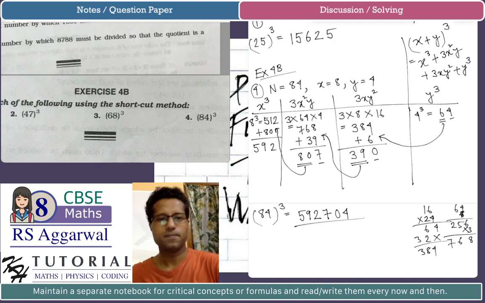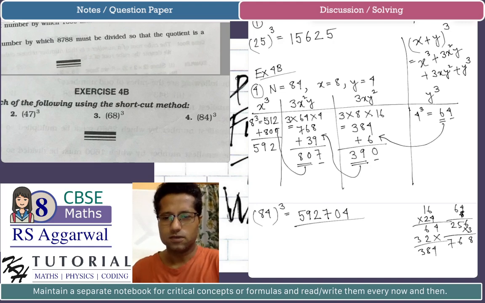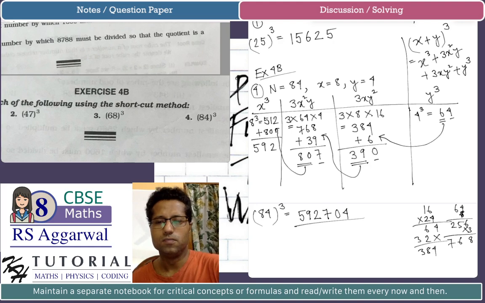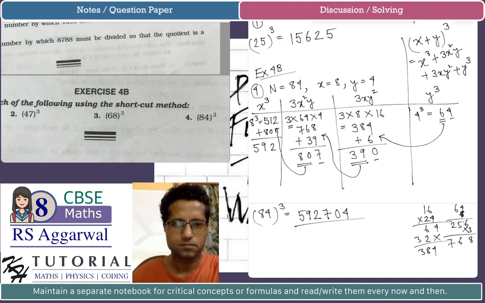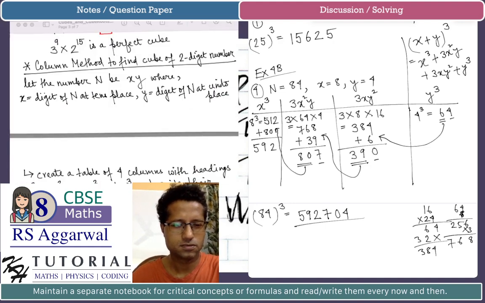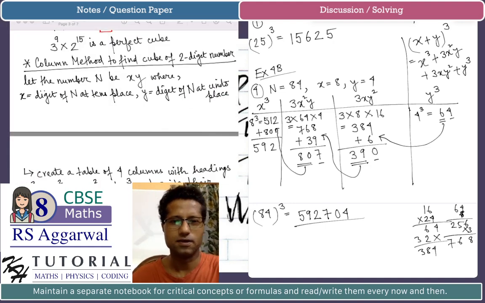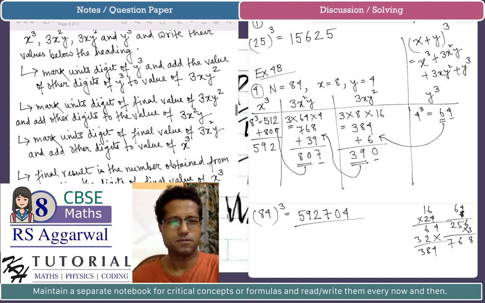Okay, fine. So this was a column method to find the cube of a 2-digit number. Now let me again bring the notes. I hope you can see the notes again. Next topic is